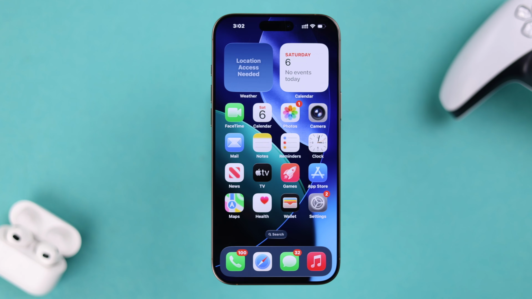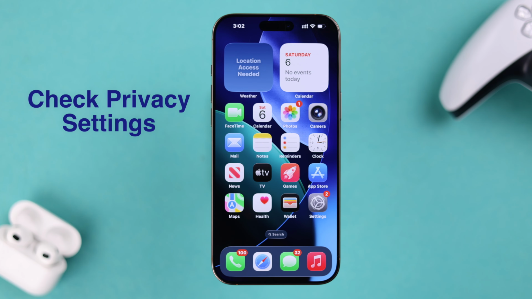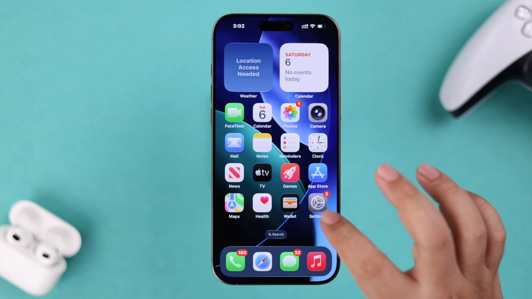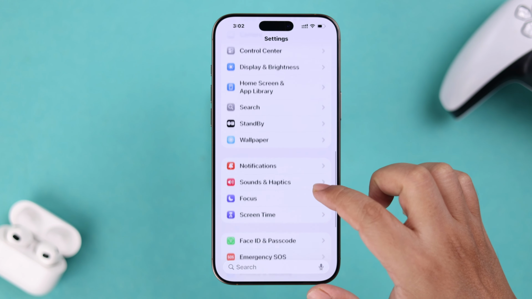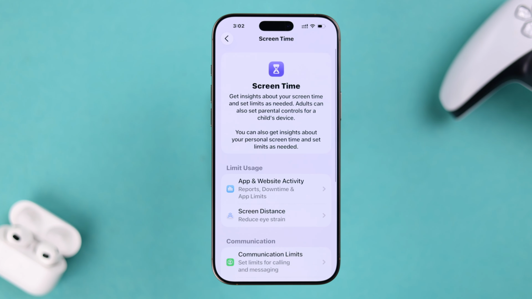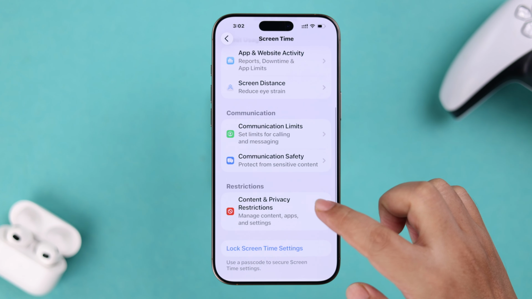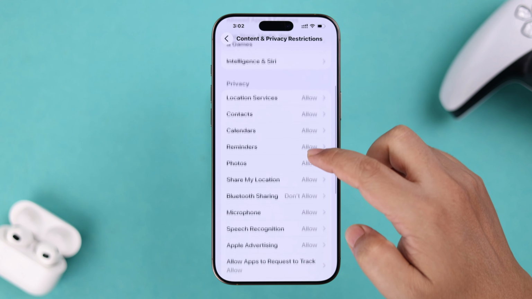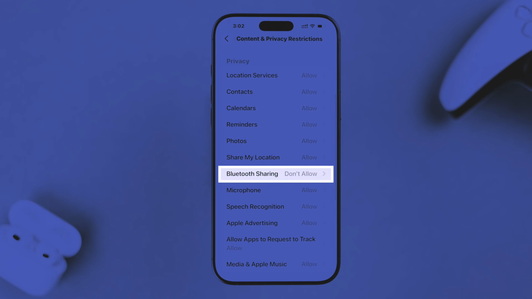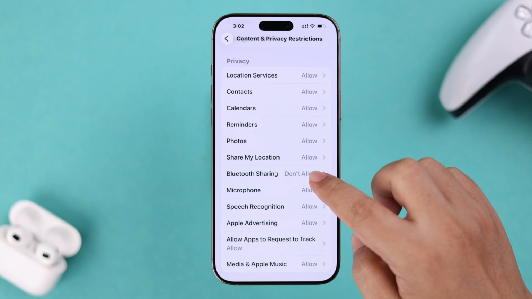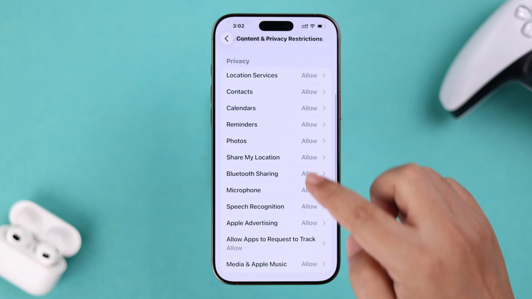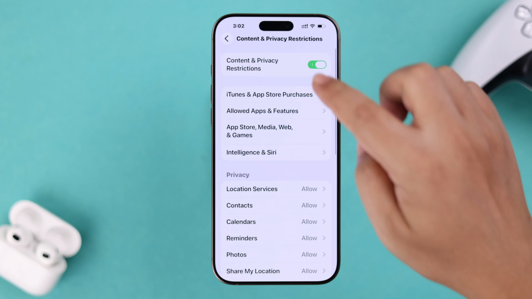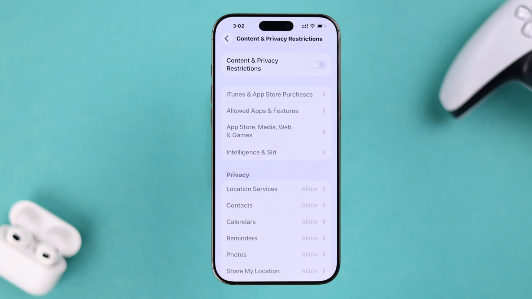This will quickly restart and refresh the network. If that didn't help, next, we will recommend you to check some privacy settings. From settings, scroll down for screen time, and then scroll down for content and privacy restrictions. Enter. Now scroll down in this section and search for the Bluetooth sharing option. Enter. And just make sure it's selected to allow changes. Or what you can do is just turn off content and privacy restrictions all the way and see if your